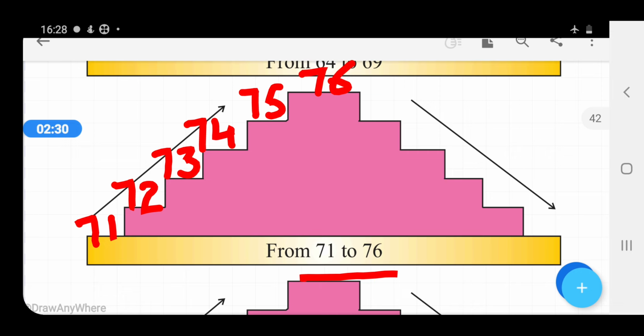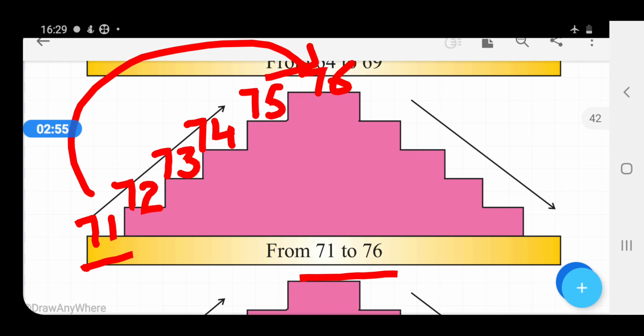Okay, 71 to 76. These numbers are in ascending order because we have arranged the numbers from smaller to greater. Okay, here 71 is the smaller number and 76 is the greater number. Okay, and now in the right side